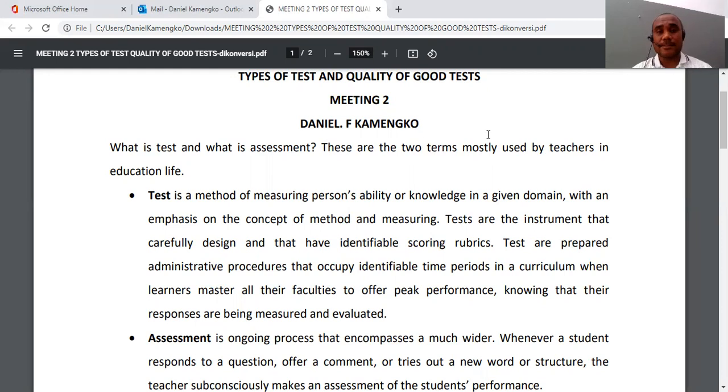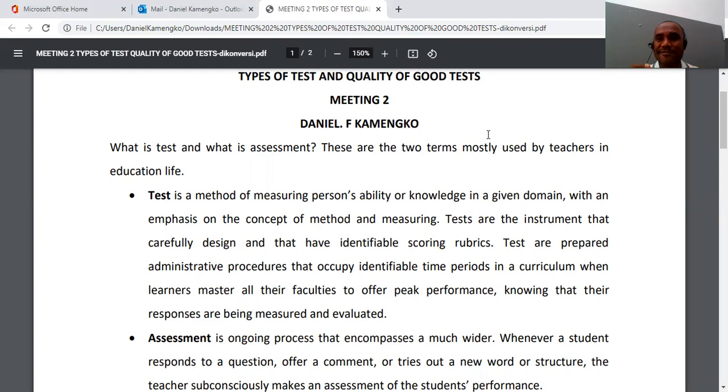Let's start with tests. I mentioned here: a test is a method of measuring a person's ability or knowledge in a given domain, with an emphasis on the concept of method and measuring. If we change person to students, we say a test is a method of measuring students' ability or knowledge in a given domain. If you make a test, of course you're measuring your students' ability, but through a method.